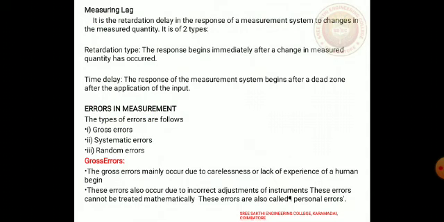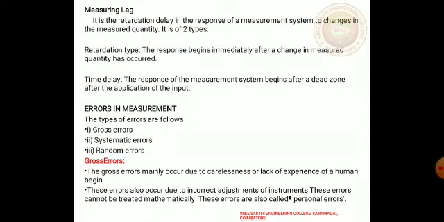Next one, we discuss systematic error. A constant uniform deviation of the operation of an instrument is known as systematic error. Systematic errors are mainly due to shortcomings of the instruments and the characteristics of the material used in the instrument. There are three types of systematic errors: instrumental errors, environmental errors, and observational errors. Instrumental errors can mainly be categorized into three reasons: shortcomings of instruments, misuse of instruments, and loading effects.